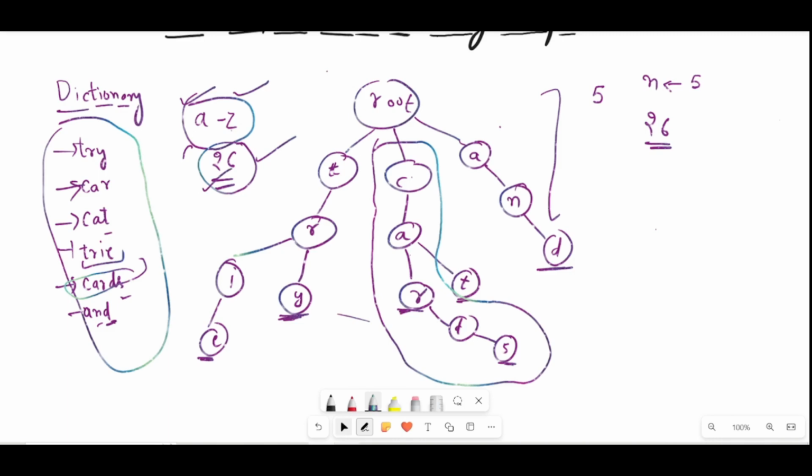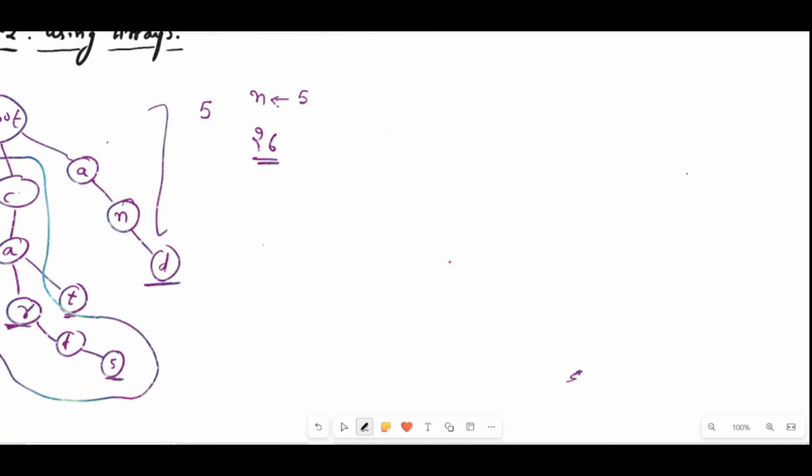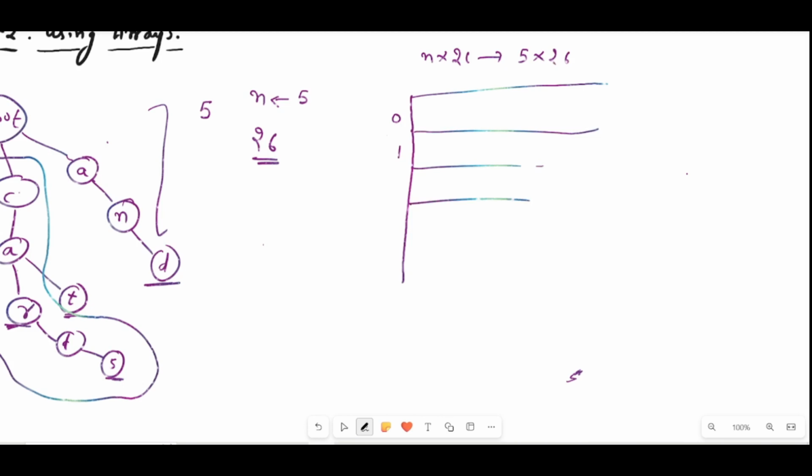So let's implement it. Let's see the typical node structure. All we need to know are these two things: the maximum number of nodes required, and for every node how many characters there are possibilities to store. After that we just create a 2D array of dimensions n cross 26. Here n is 5, so let's create an array of dimensions 5 cross 26. That would be like this: 0, 1, 2,